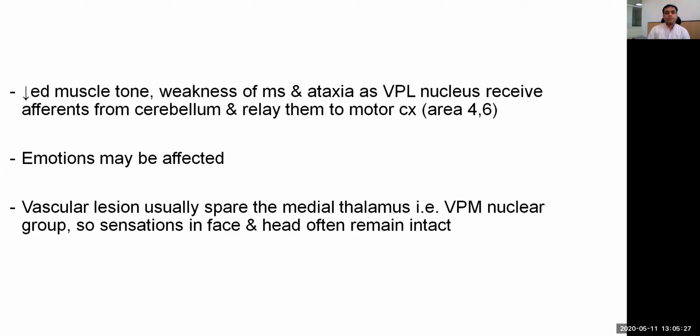With this, we come to an end of the thalamus, its various categories of nuclei, the connections of these nuclei, and depending on the connections, the afferents they are receiving, the efferents they are sending, the function that is ultimately brought about, and therefore the role of the thalamus in a variety of